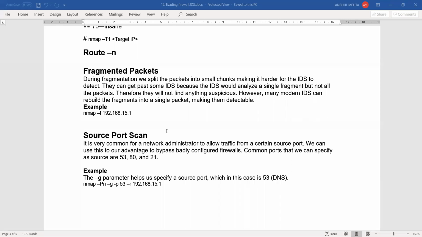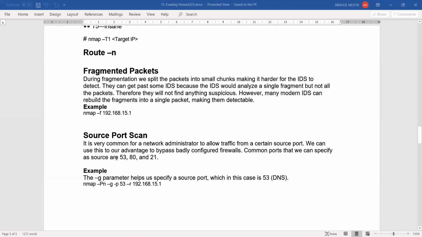But the other two, of course, 53 and 80, those are definitely very common, and most administrators will allow those ports through. So for your scans, you can specify that the port you are using is this.